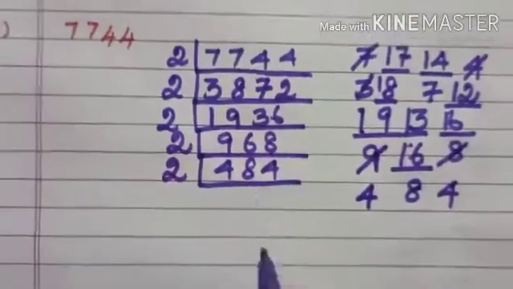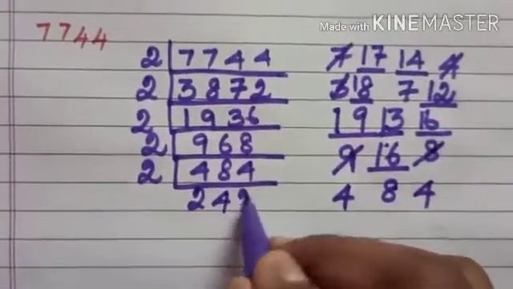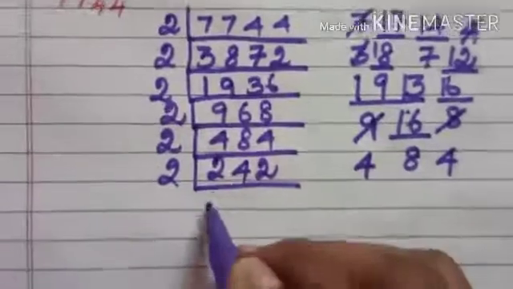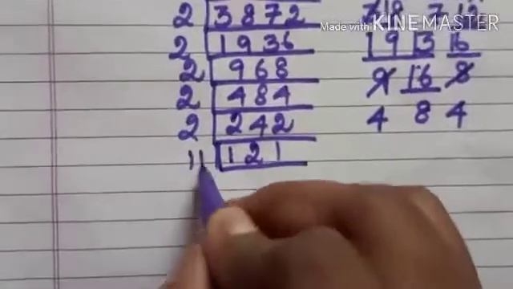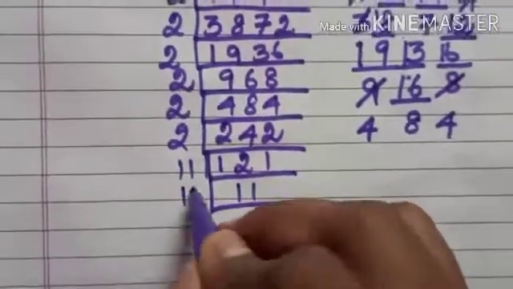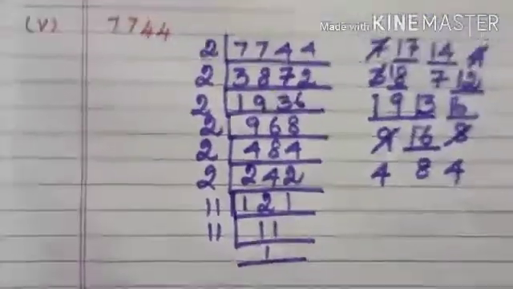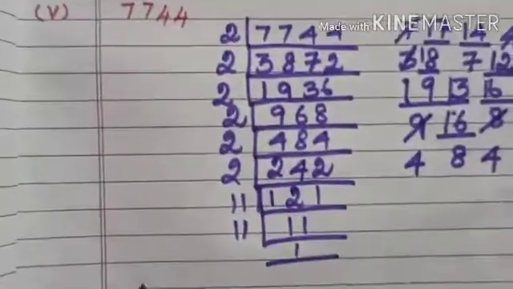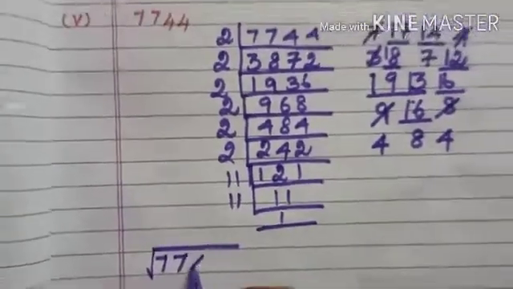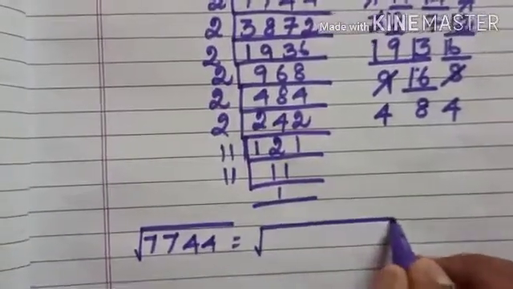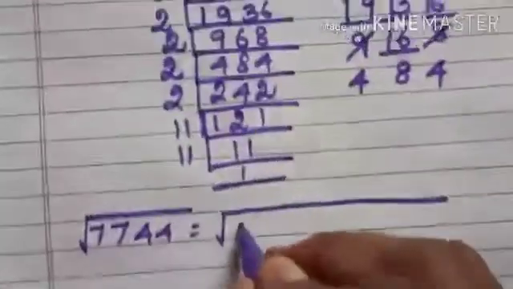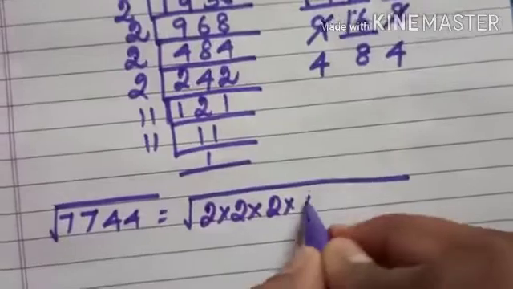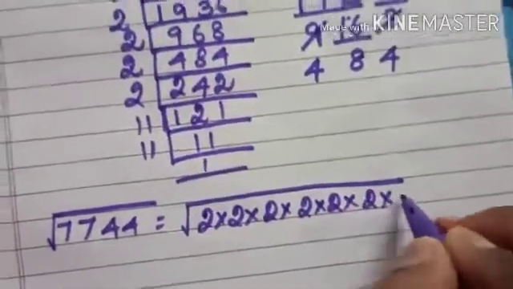So now it's very simple. So 4 means 2 times. 4 times. 2 times. 1 2 is 2. 2 2s are 4. 1 2 is 2. So I know that this is divisible by only 11. So 11 into 11 is 121. Okay, now you take the square root of 7744. 7744 is equal to the square root of 2 into 2 into 2 into 2 into 2 into 2 into 11 into 11. So 1 2 3 4 5 6.